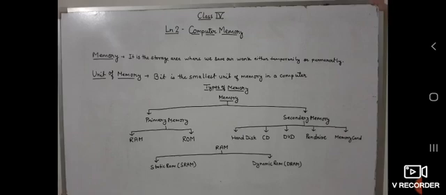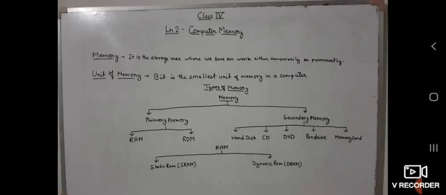It is a read and write memory. It means the CPU can read information from RAM and is also able to write anything in RAM. It means we can save new work in RAM and use the old work that we already saved through RAM. Now RAM is further classified into two parts: static RAM, SRAM, and dynamic RAM, DRAM.